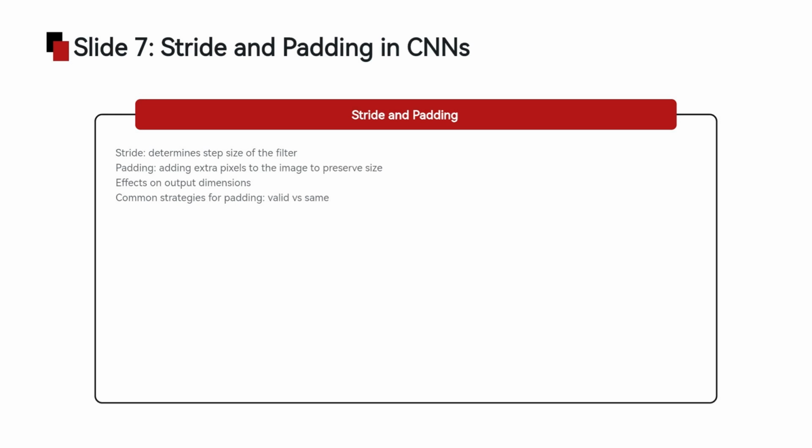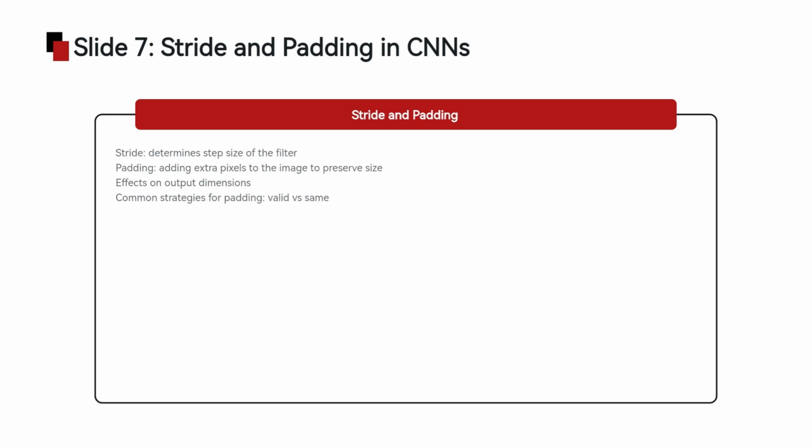Stride determines how far the filter moves across the image with each step. A larger stride results in a smaller output dimension, as the filter skips over more pixels. Conversely, a smaller stride generates a larger output, as the filter moves more slowly. Padding involves adding extra pixels, usually zeros, around the border of the image before applying the convolutional operation. Padding helps control the spatial dimensions of the output feature map, ensuring that important information near the edges of the